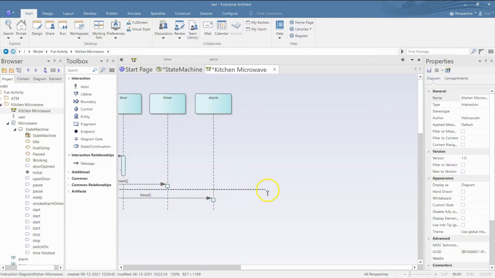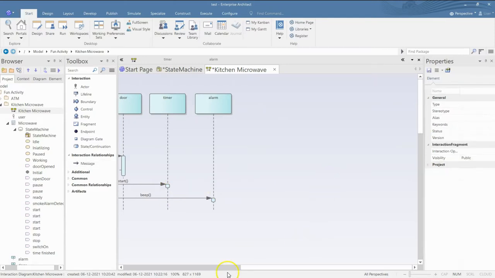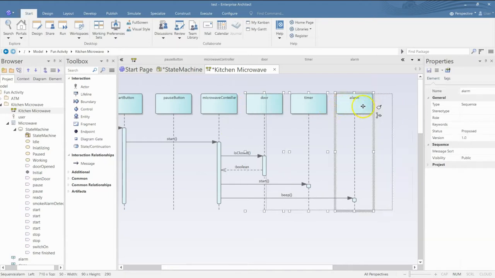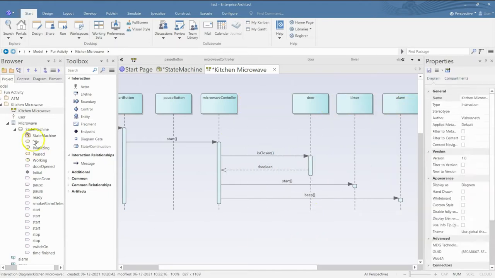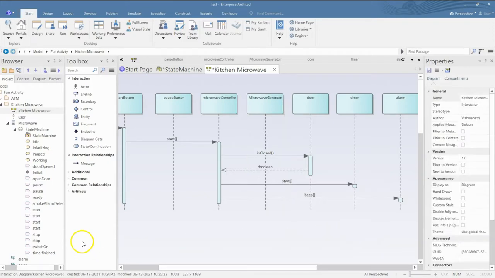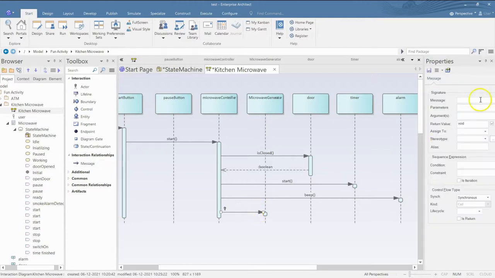Okay, now we require something else as well. What's that? We also need a microwave generator, the actual device which will be generating the microwaves. So let's say microwave generator, and the controller will ask it to start.